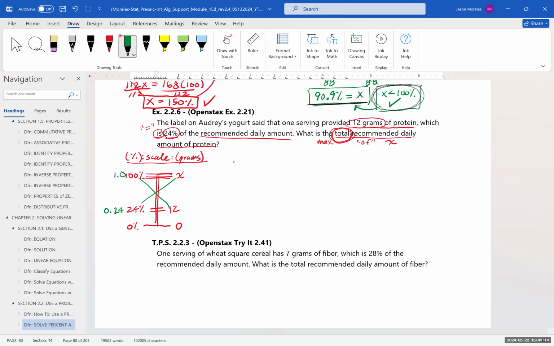So we're going to get 12 times 1.0, going across this way, and that's going to be equal to x times 0.24, or 0.24x. And we'll divide both sides by 0.24. Those cancel, and x is equal to 50. So that's going to be 50 grams